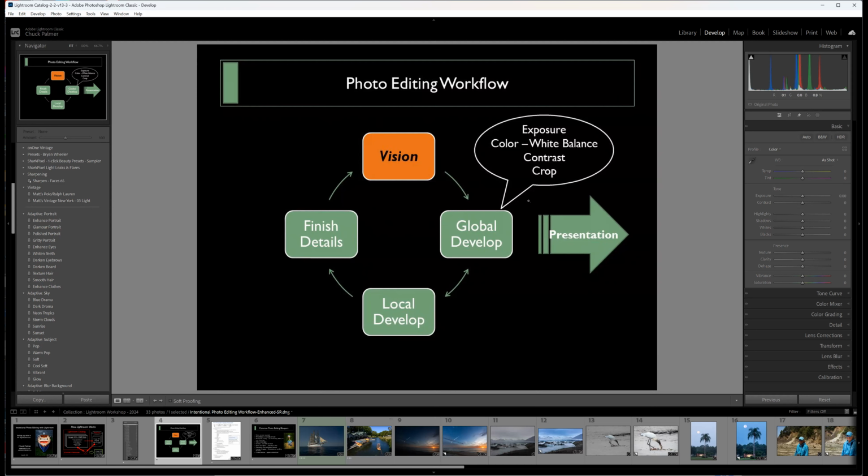So when I say global development, I'm talking about exposure. Does the white balance look like you wanted it in your vision? What's the contrast look like? What's the crop? Fundamentally that kind of thing. So, and before we get into the develop module, there's some things that I try to avoid, and I've seen on other images. There are some,